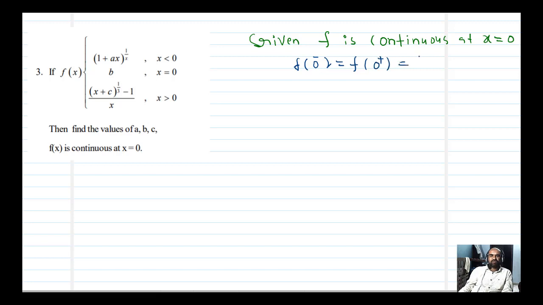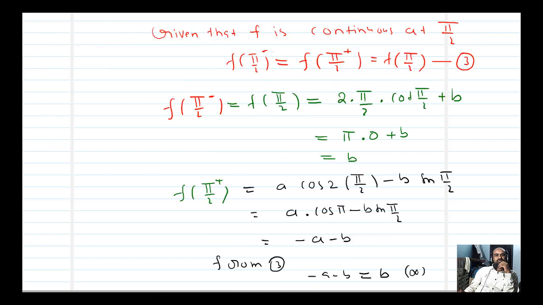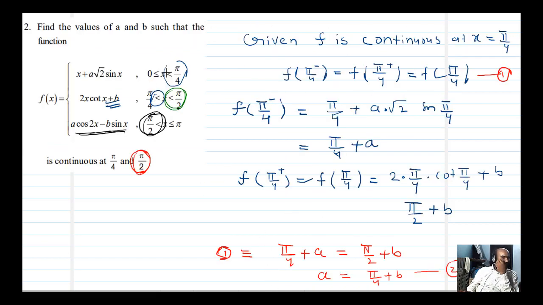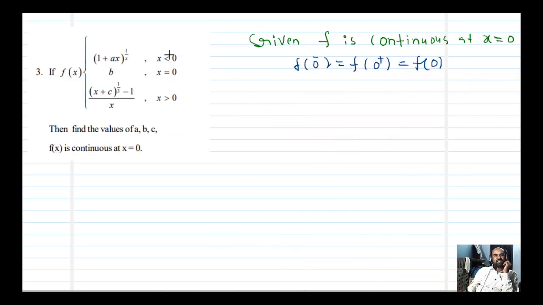So, one by one I want the functions. f of 0 minus means LHL. Directly we can't substitute 0 in this rule and find the limit like in the previous problem. In the previous problem, I directly substituted pi by 4 and we got a finite value, but here you can't find it like that. If x is substituted as 0, it is 1 plus 0 to the power 0, so it is a 1 power infinity form, which you can't find directly. That's why I want to find the LHL.